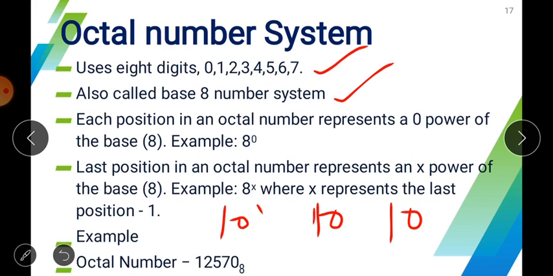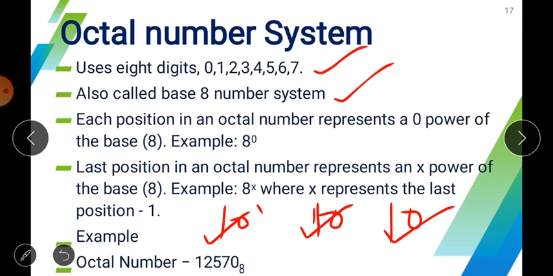Then how will you recognize which particular 10 represents which number system? Some others may say that this 10 is the octal number system, this the binary number system, and this is the decimal number system. Many other people have different opinions regarding the number system. So what we can do, we can allot the base number along with the number in order to determine that a particular number is representing which number system.